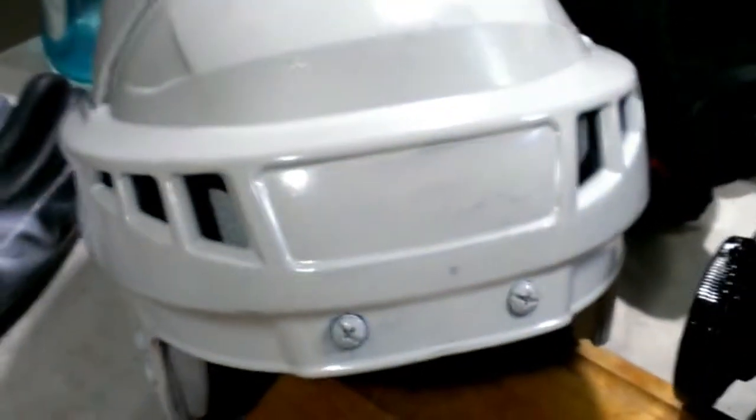The white definitely is going to need another coating because it's still very transparent. So hopefully it shouldn't take too much longer, and then that helmet will be done as well. All right, so